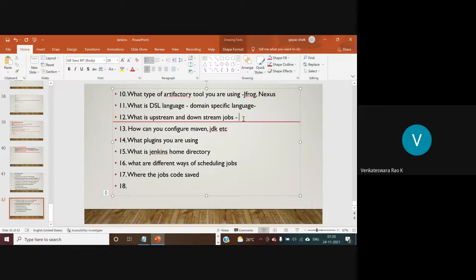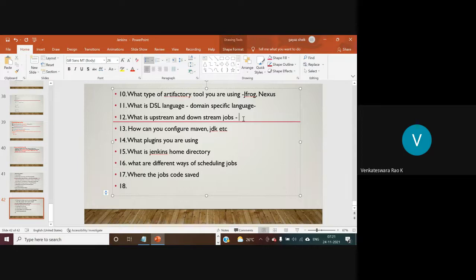Let us consider we are having three projects: project 1, project 2, project 3. If we want to configure the pipeline in sequence, project 1 as the first job, project 2 as the second job, project 3 as the third job, then project 1 becomes the upstream job for project 2.